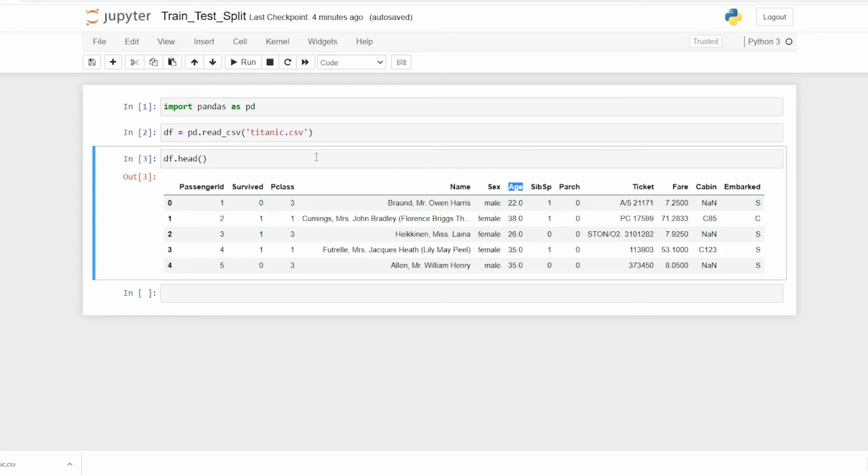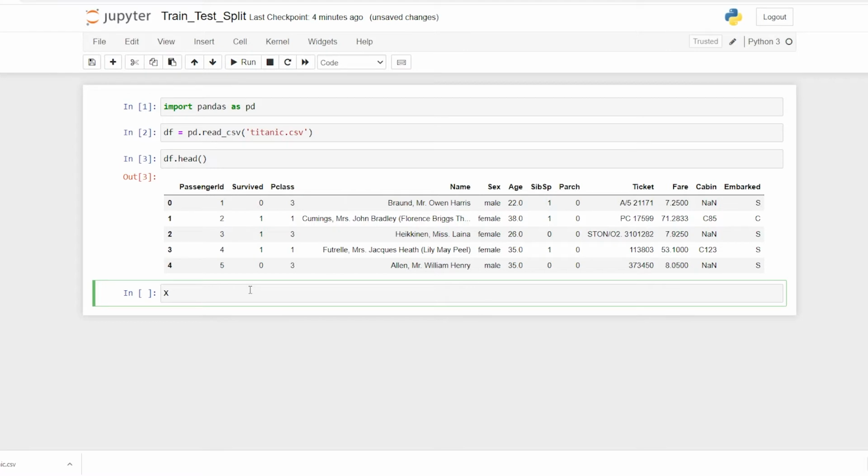But for now let us only focus on the passenger class and the age, and then whether the passenger survived or not. So the X data is going to handle the age and the passenger class.